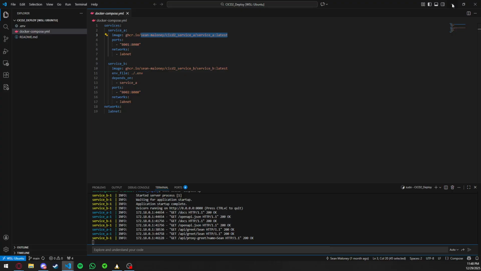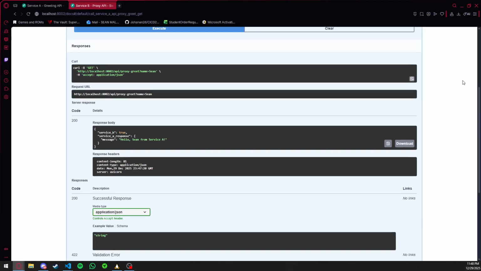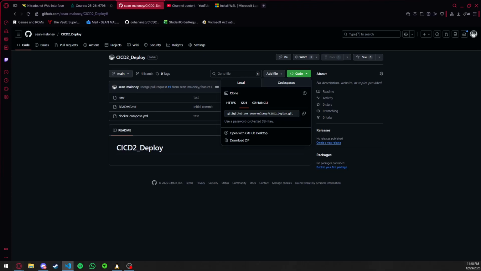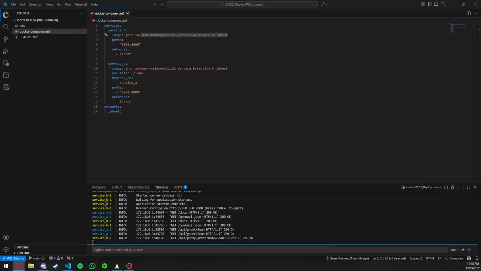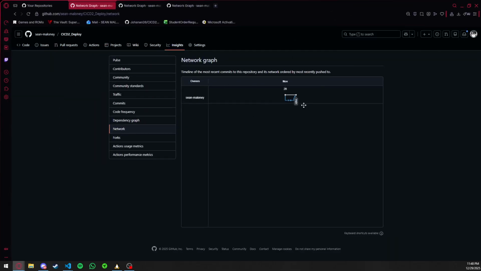We're using Docker Compose, and I'll just pull up the GitHub now. I don't want to make this video too long. So this is the GitHub we have here. You can see that I committed on the 28th of November. I only did one commit. Same for this, service B, and it's the same for service A, and that was for service or deploy. And yeah,